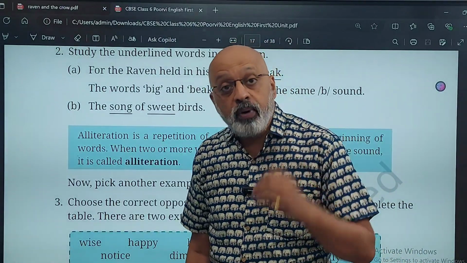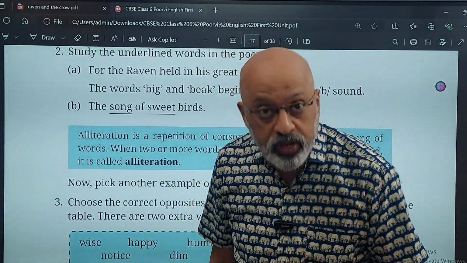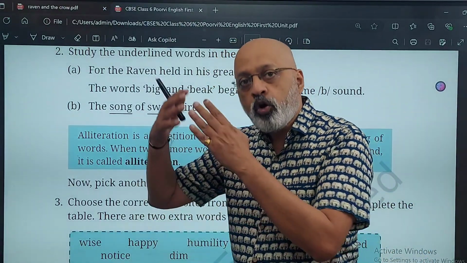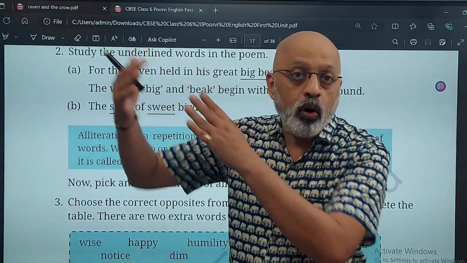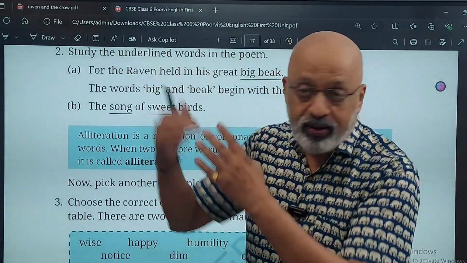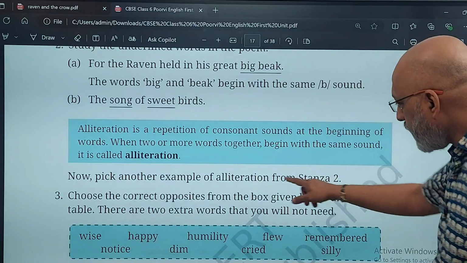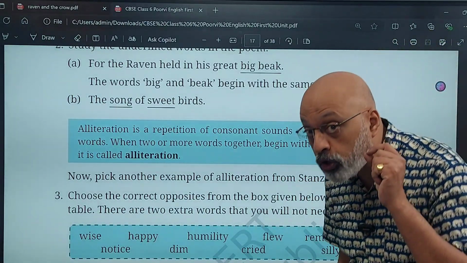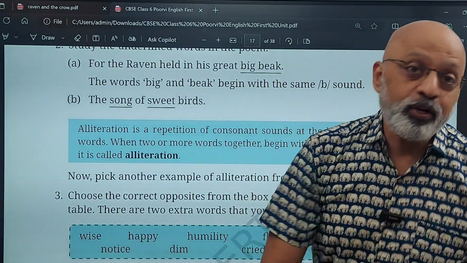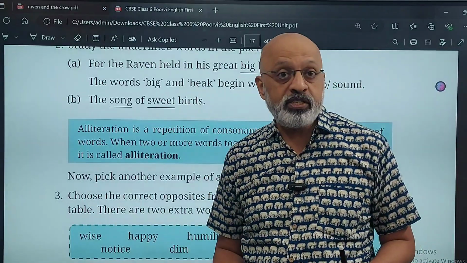और alliteration के बारे में आपको जानना जरूरी है, because this is something which you will constantly refer to when you go up the ladder to higher classes. Okay, this is another exercise which I want you to do, and I want you to put it in the comment section. Please put it in the comment section.